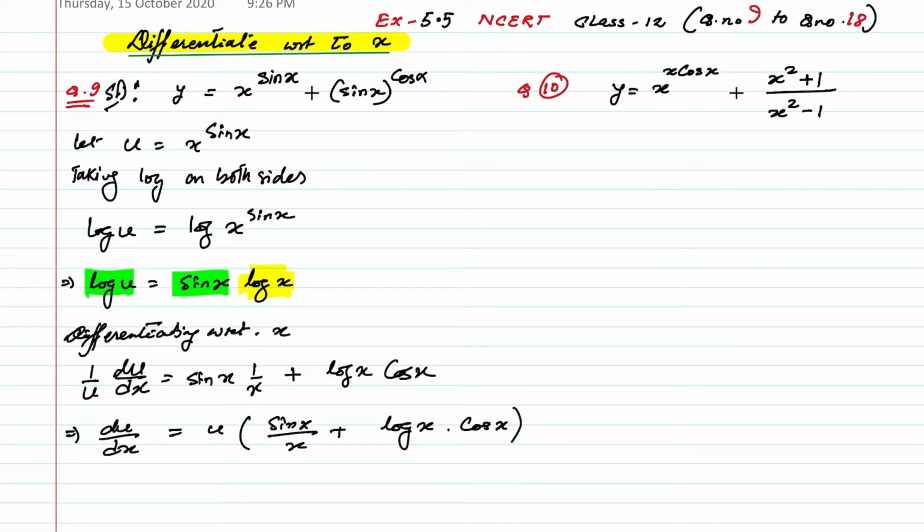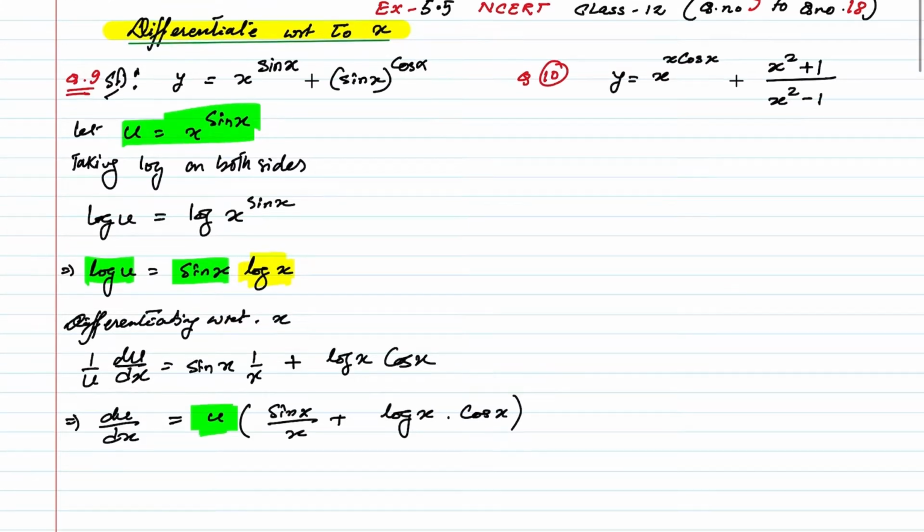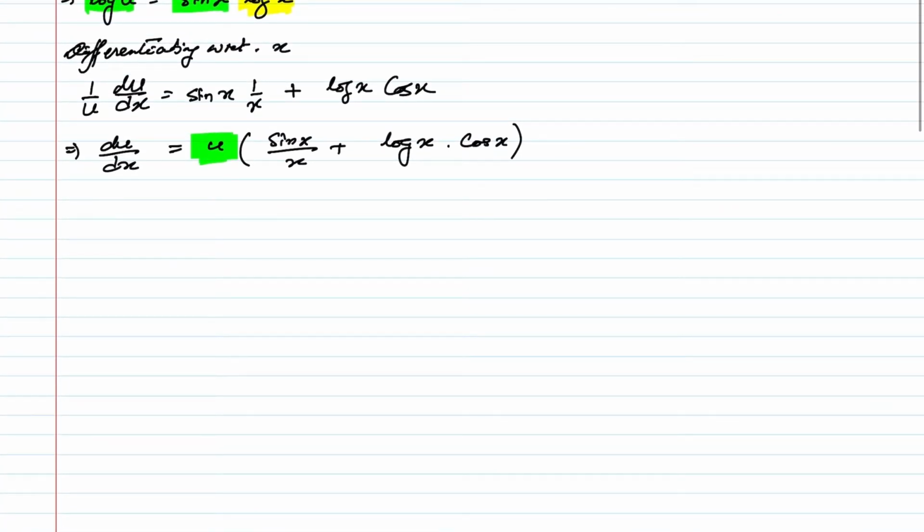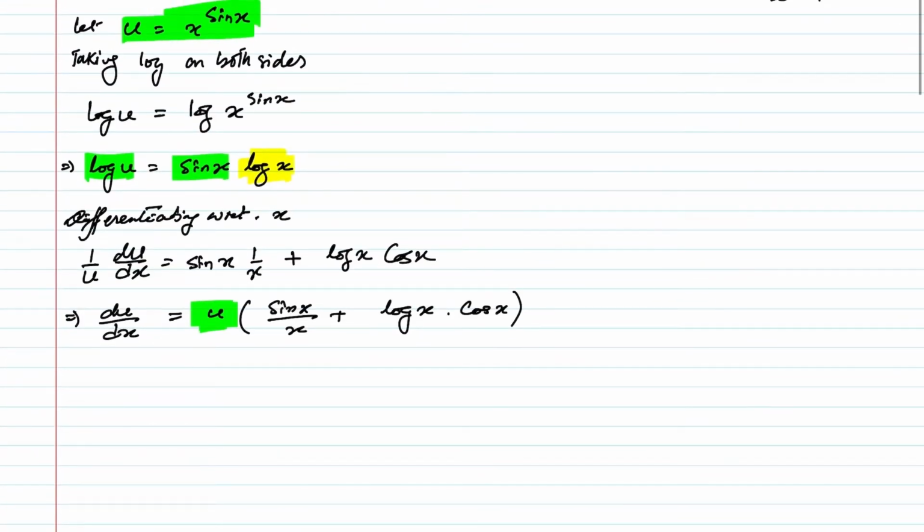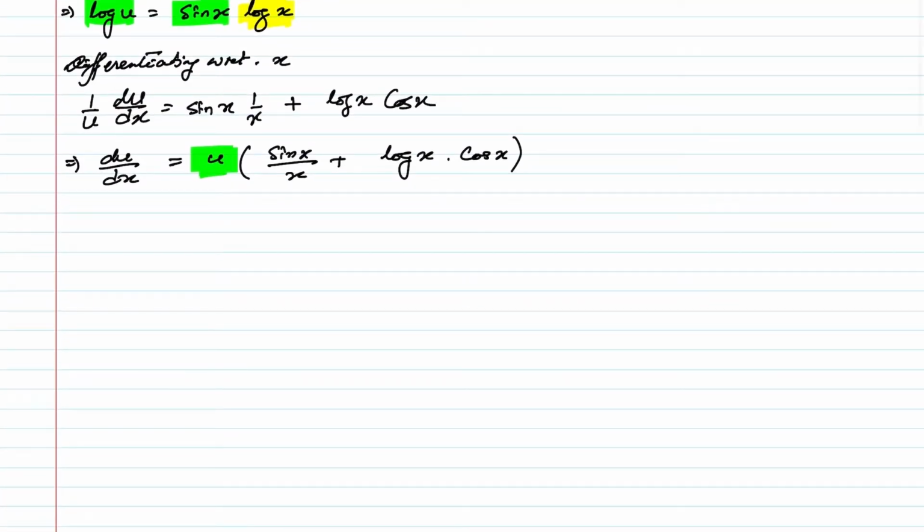So here you can replace this value of u. Value of u is x to the power sin x, so let's put here x to the power sin x into sin x by x plus log of x cos x. Now